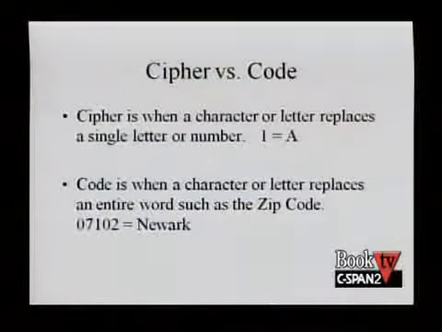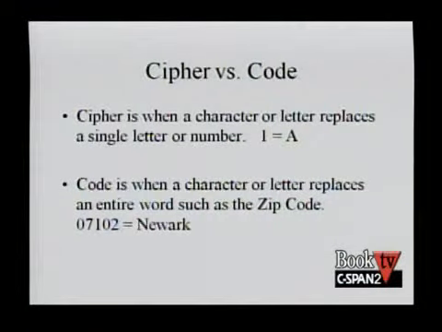Now, the difference between a cipher and a code, everybody has a tendency to misuse the terms. A cipher is when a character or a letter represents another character or letter. In other words, A is equal to 1, or delta, using a symbol, is equal to the letter K or something similar. A code is when a character represents an entire word, and usually you're going to need a code book to identify what the codes are, because you're going to be using so many. Generally, you're not going to be able to keep track of them in your head.